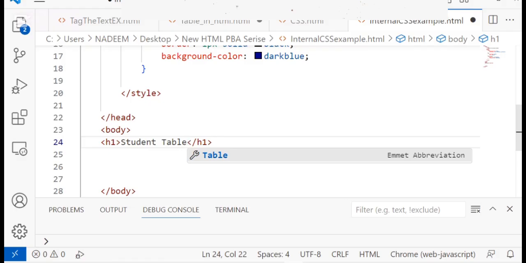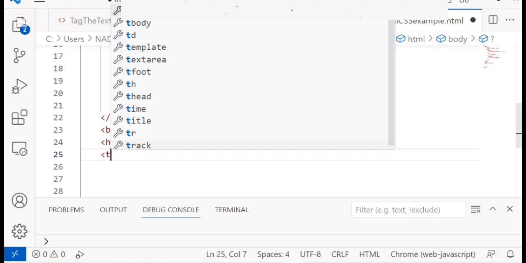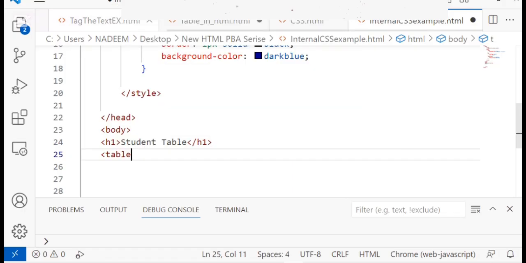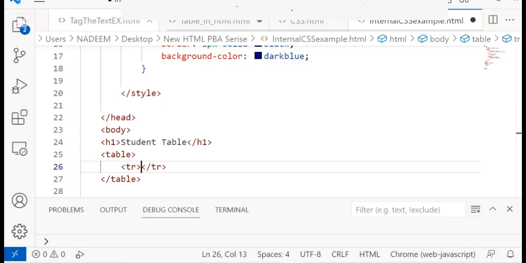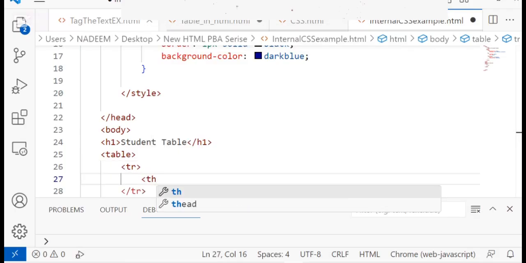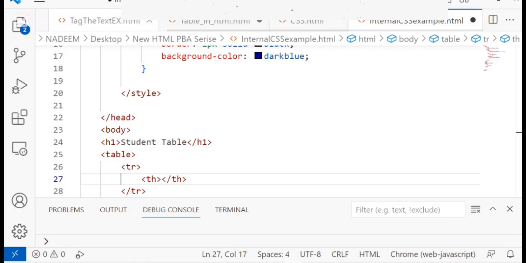And remember, for creating a table, simply we will use the table tag, and within the table tag we have a sub tag that is called tr. First tag of tr will be th. So we already discussed this kind of thing. This concept is very important, as I told earlier.